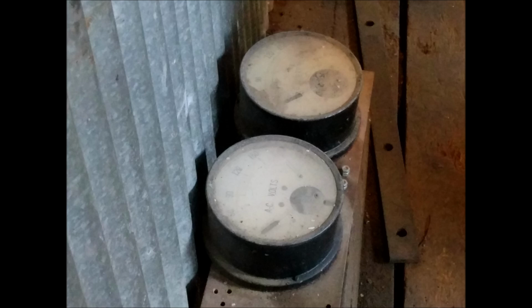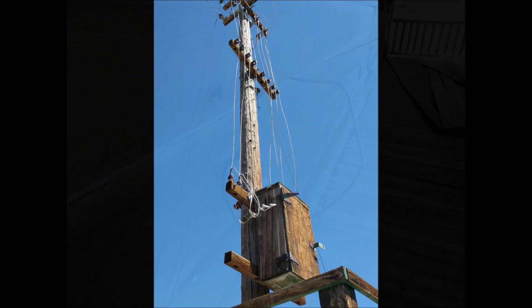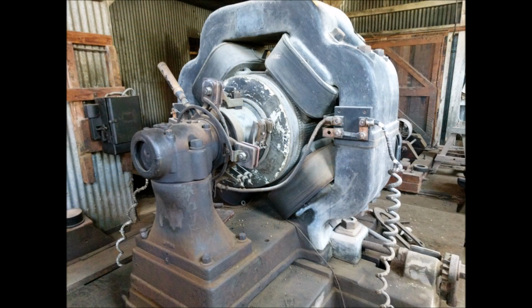Bodie needed to have power to run its gold processing equipment, as well as light the town. And this electricity came from a faraway source approximately 13 miles away in the form of a hydroelectric generator plant. This generator plant generated 130 horsepower of electricity at 5,000 volts that was shipped to Bodie to power these giant